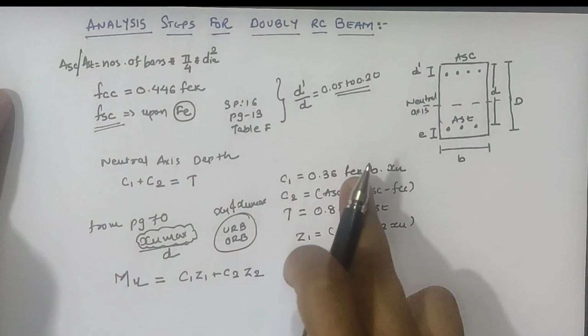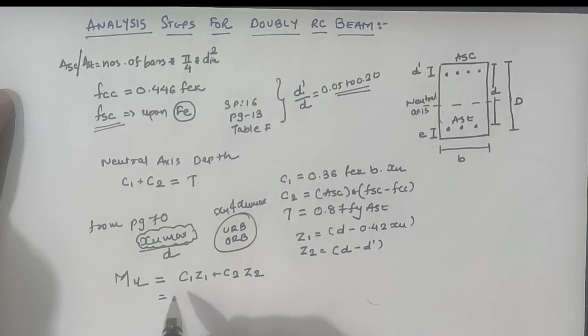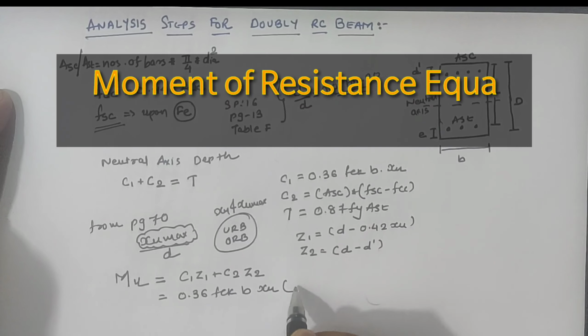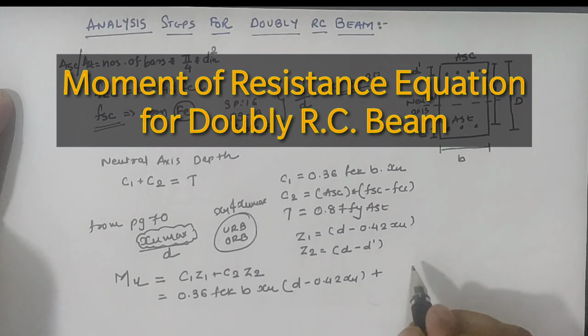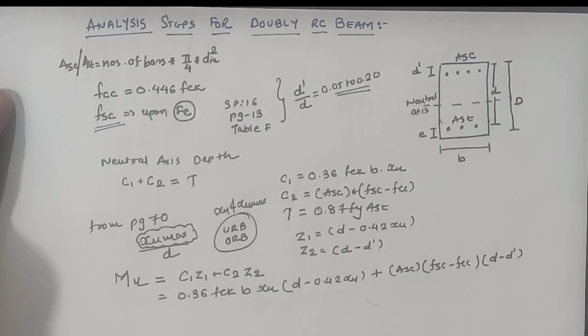By substituting these values of C1, C2, Z1 and Z2 in the equation of Mu, we can find the value of Mu,